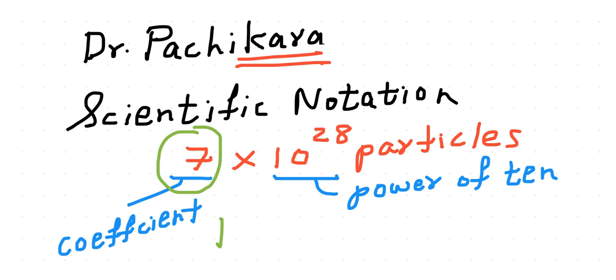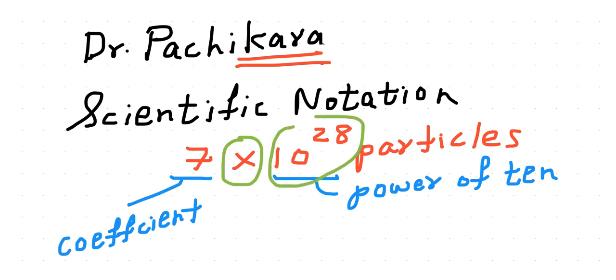And the next part is this multiplication symbol. And the last part is the power of 10, right? This is shorthand instead of writing so many zeros. For example, if you have 1,000, this can be written as 10 to the 3. Okay? So let's take a look at a few examples and see if you can understand how to change a